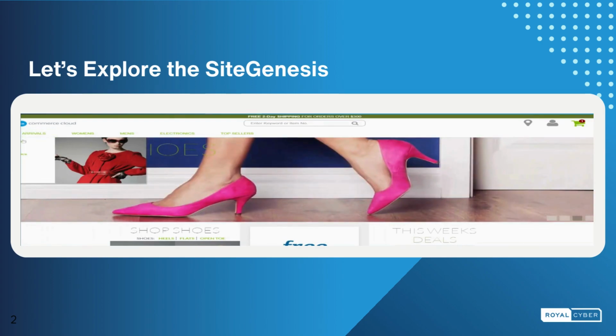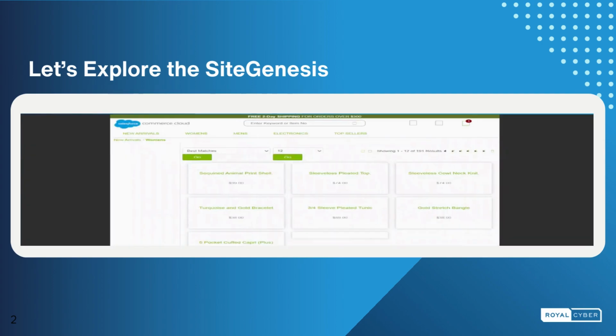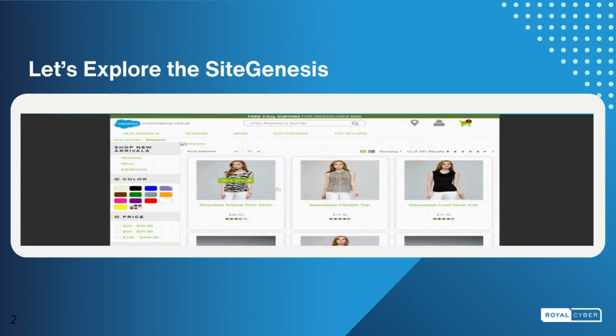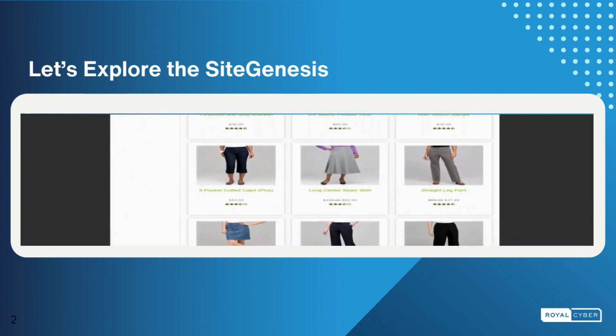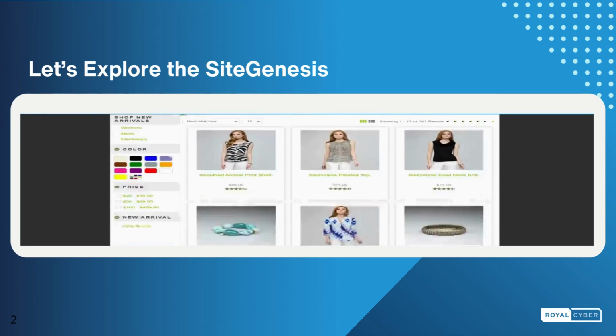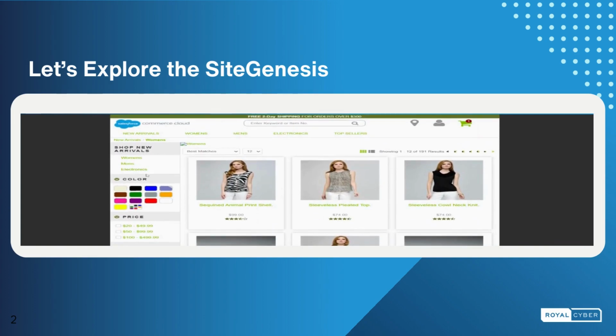So if I click over here, this is the product listing page of Site Genesis. On the left side we have the filter section, which includes color, price, and new arrival. And here we can also show our products and top sellers as well. If we click here,